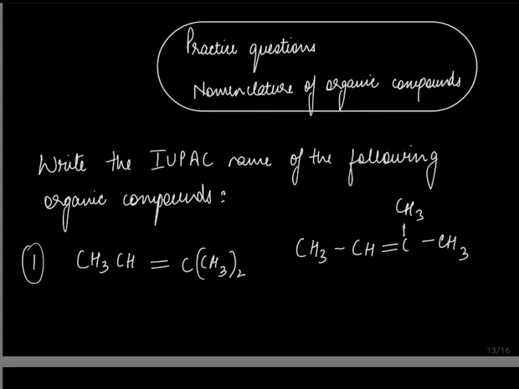Now from where do we need to start the numbering? If you start the numbering from the left hand side, you will get the double bond at the second position. So it will be something like this: 1, 2, 3, and 4. I have told this previously also, when it comes to a double bond in the middle, or anywhere in the main parent chain, you always need to take the lower number. So between second and third, you have to take the lower number 2.